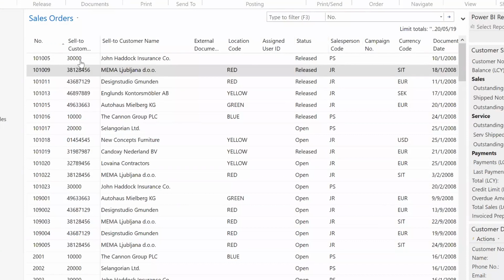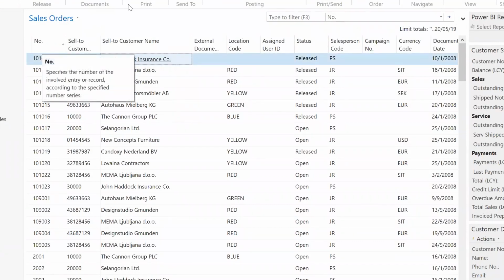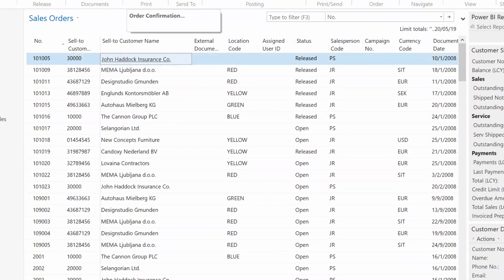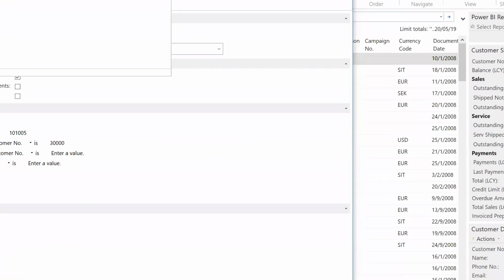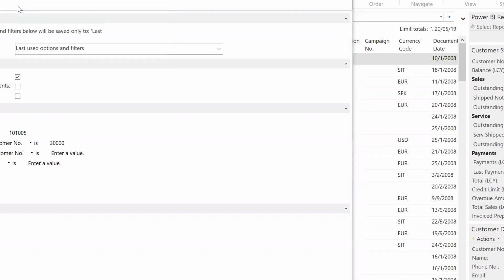And if I should choose any of our sales orders, for example, and look here at the button in the ribbon which says order confirmation, let's look at this particular report. If I should click on this menu and go help and say about this page,